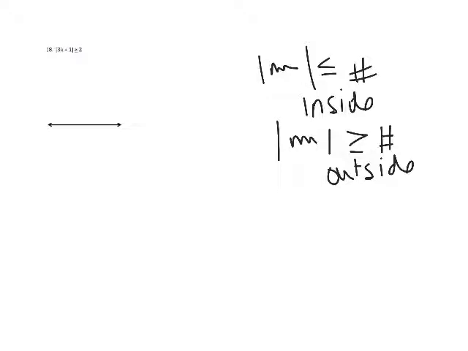And then you need to remember that when you have absolute values, the absolute value of something less than or equal to a number means it's inside, and greater than or equal to a number means it's outside. And remember, inside would be